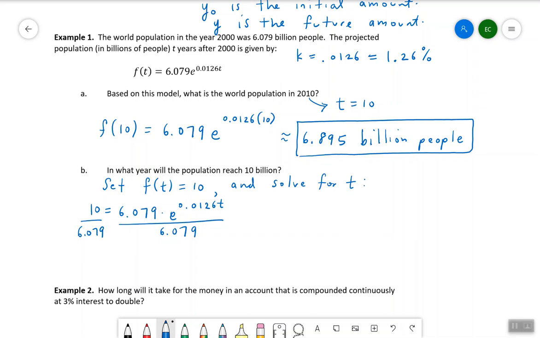I'll go ahead and cancel the 6.079. I have e to the 0.0126t is equal to 10 over 6.079. Now I want to finish solving for t. This is something we learned to do in the last section. We should take the natural log of both sides, and the natural log and the base e exponential cancel, and we're just left with